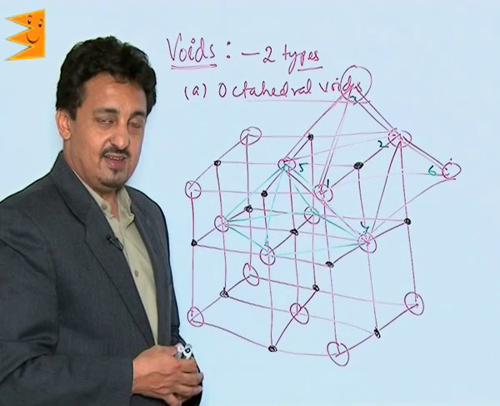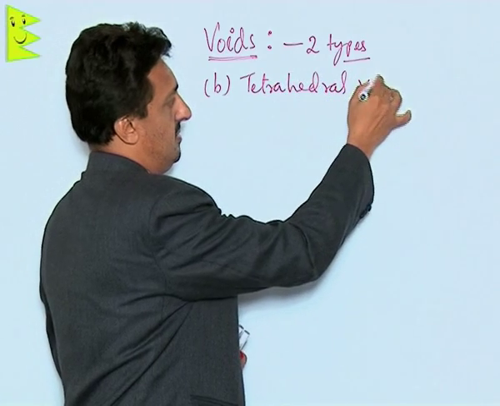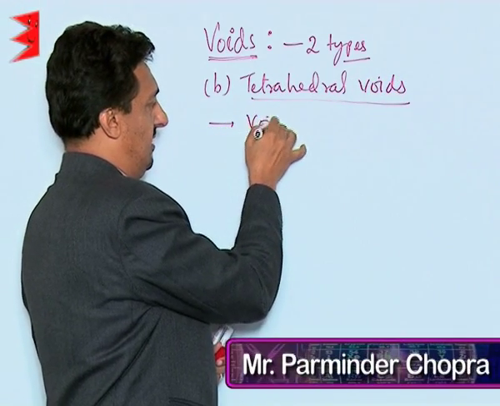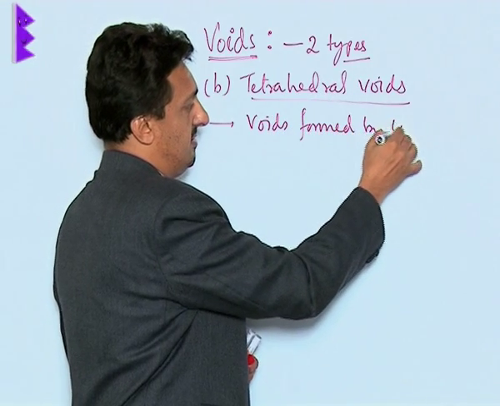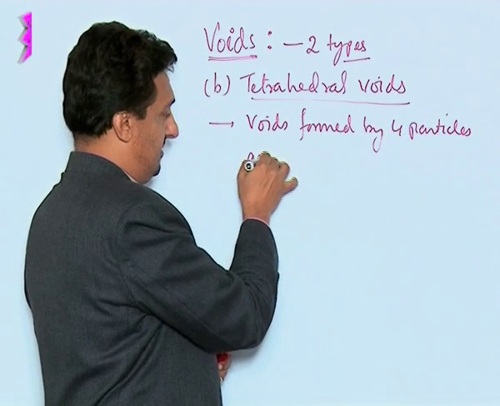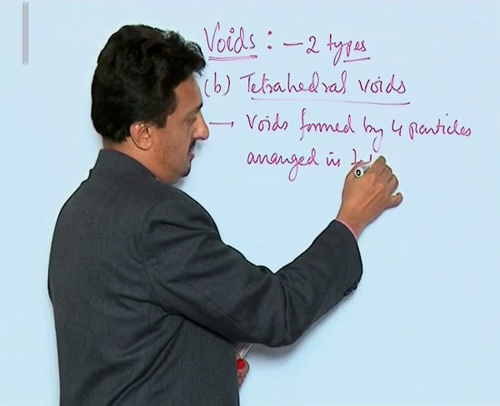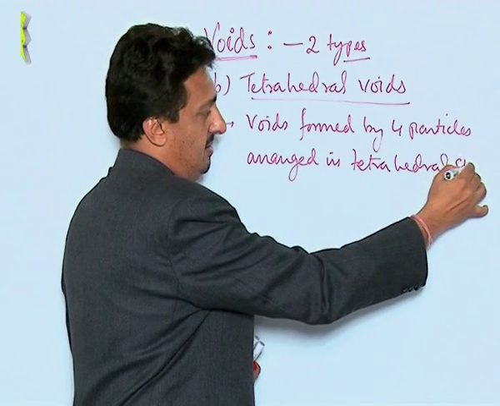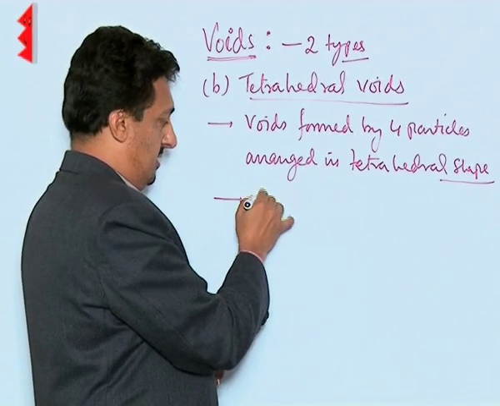Let us move to the tetrahedral voids. As the name suggests, these are the voids formed by 4 particles arranged in tetrahedral shape. Therefore, the